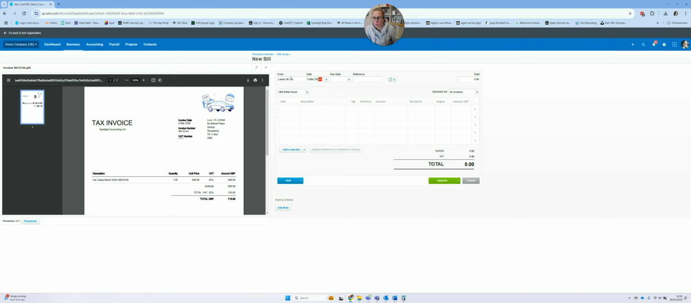Date the 5th of March, it's due the same day. The reference, I would always put the car registration number in it. And then what you can do is lease car lease AB 24 CDE. Now what I always do is make sure the amounts are tax inclusive, and here I'm going to put a note